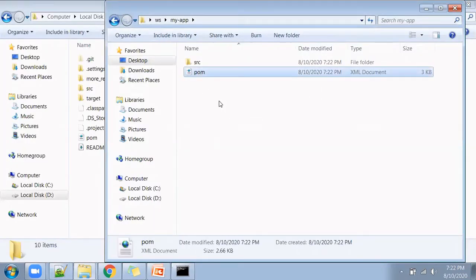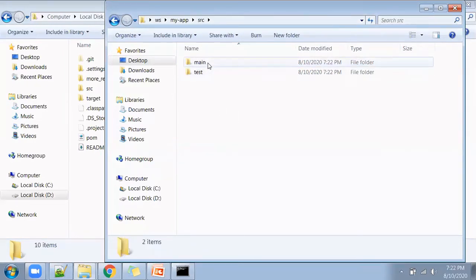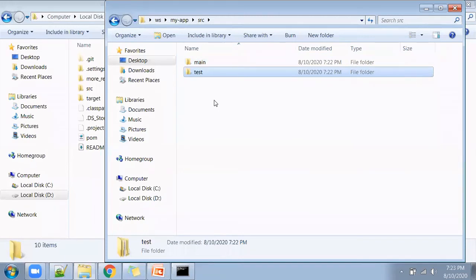This is a mandatory file for Maven. And SRC means this is a source code folder where developers do their development. If you open SRC, main is the folder where actual code is present. Test is the place where they will write their unit test cases or integration test cases.